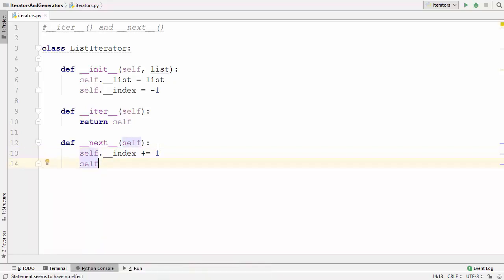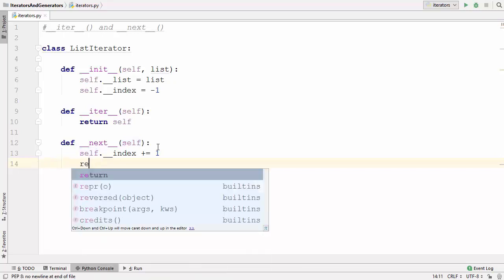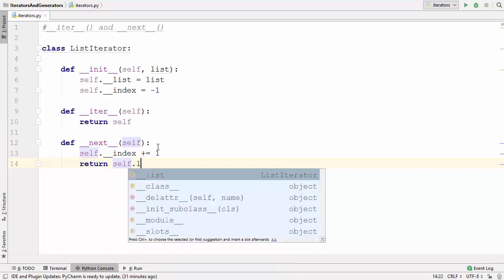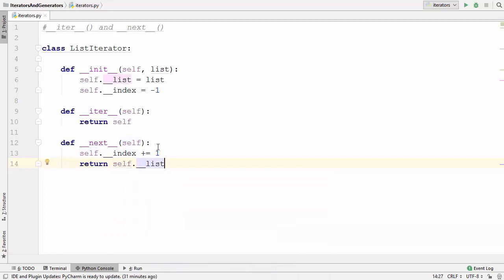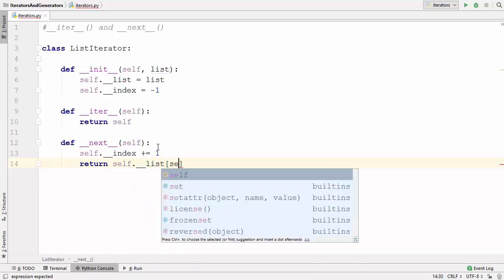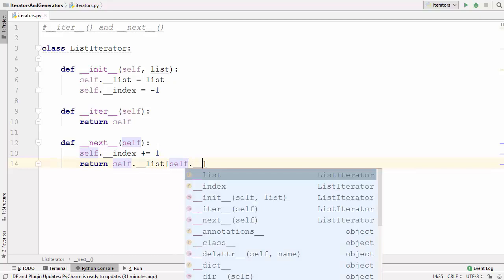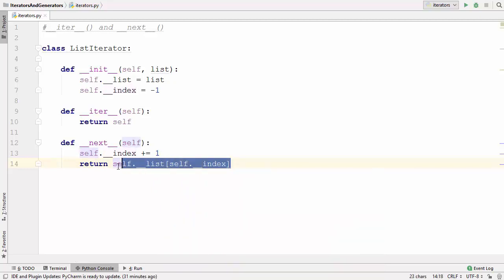So we can just return self dot your list name, whatever is your list, and then inside these square brackets we put the index which we have incremented by 1. So self.__index. This statement is going to give you the current value at this index right now, and that's basically it.